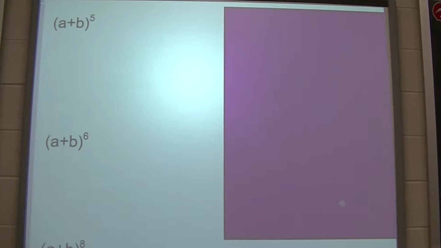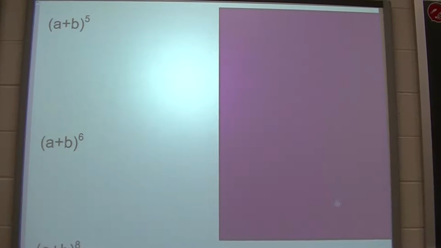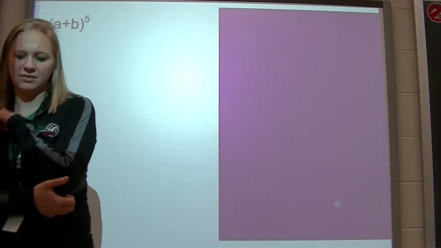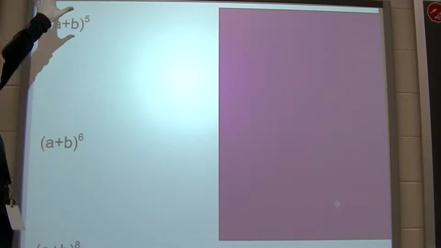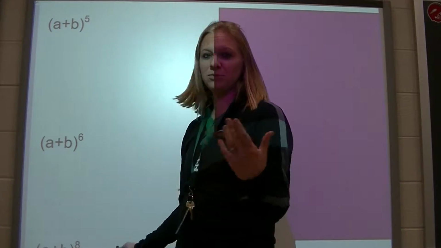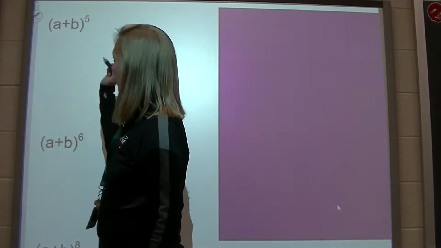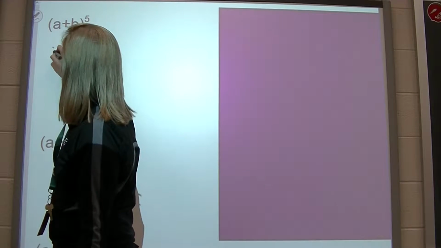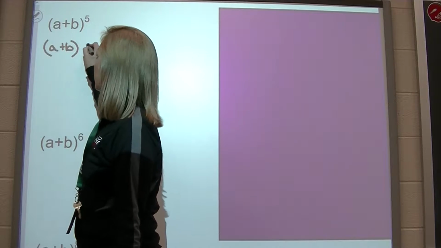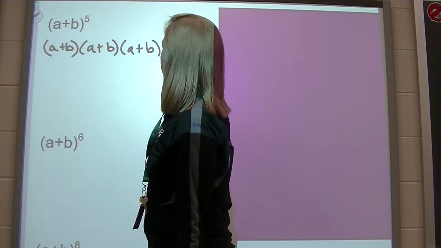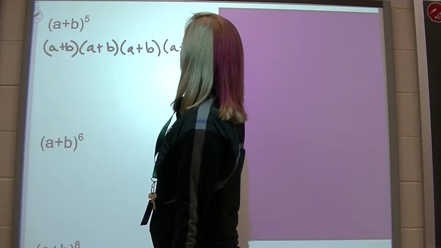All right, the binomial theorem. This is supposed to help make multiplying out binomials a lot easier. Because with the method we learned before to multiply out polynomials, if we had a plus b to the fifth, we would have to do a plus b times a plus b times a plus b times a plus b times